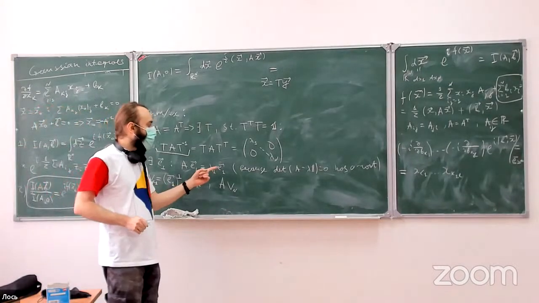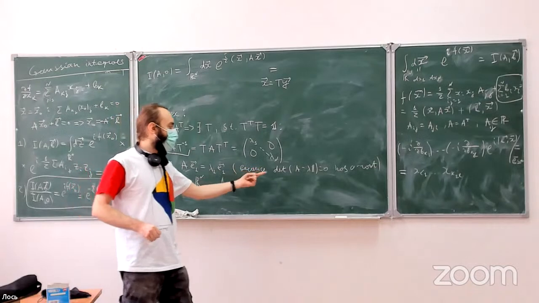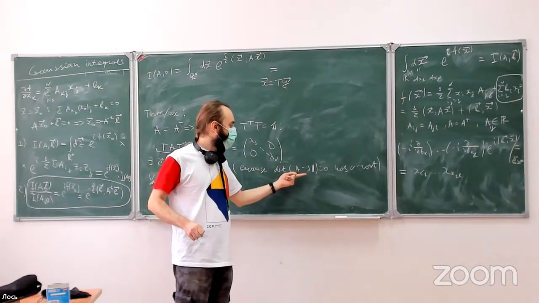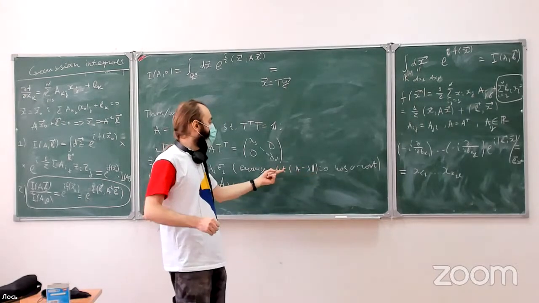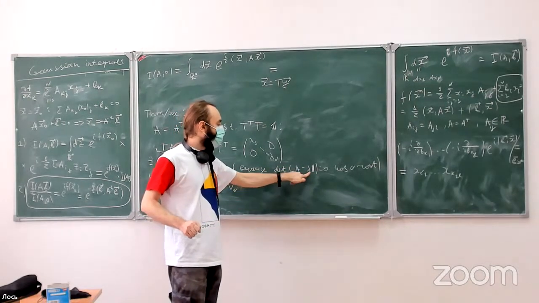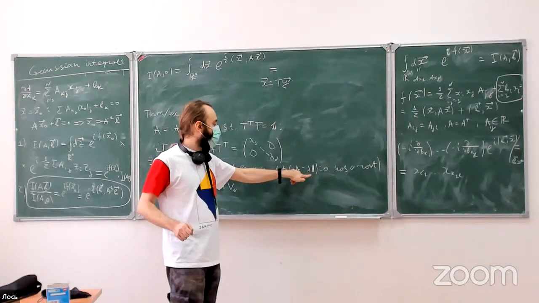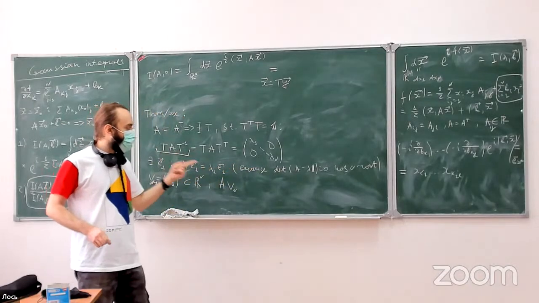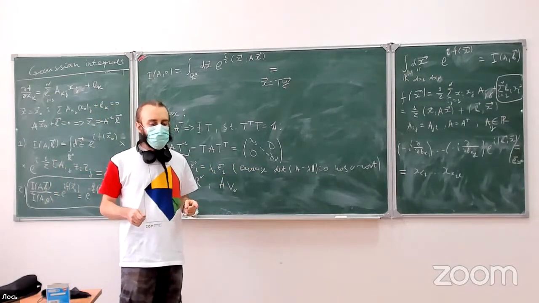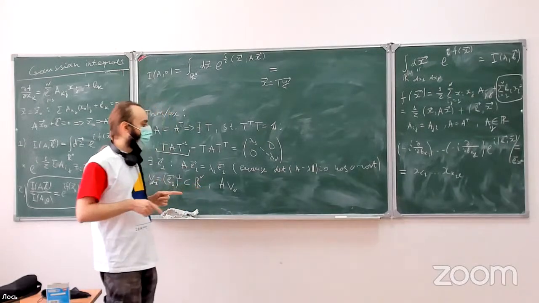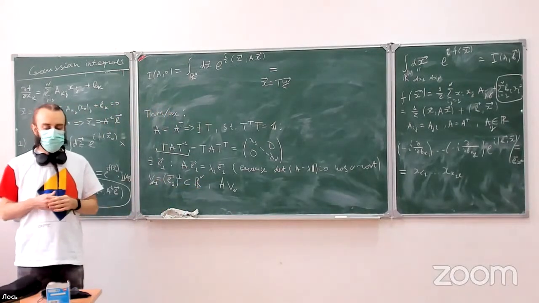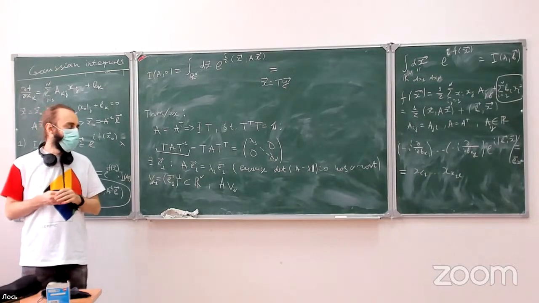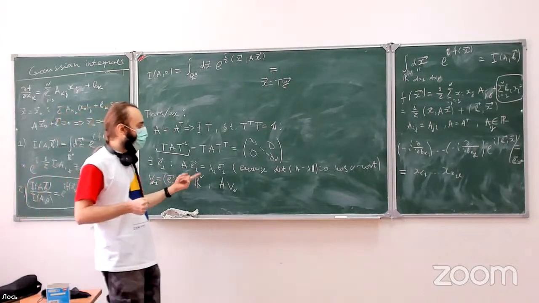Because we can solve the equation for the determinant of A minus lambda equals 0. So if we take some root of this polynomial, then we see that A minus lambda times 1 has a rank at least n minus 1. So this matrix has at least one vector in the kernel, and so if determinant of